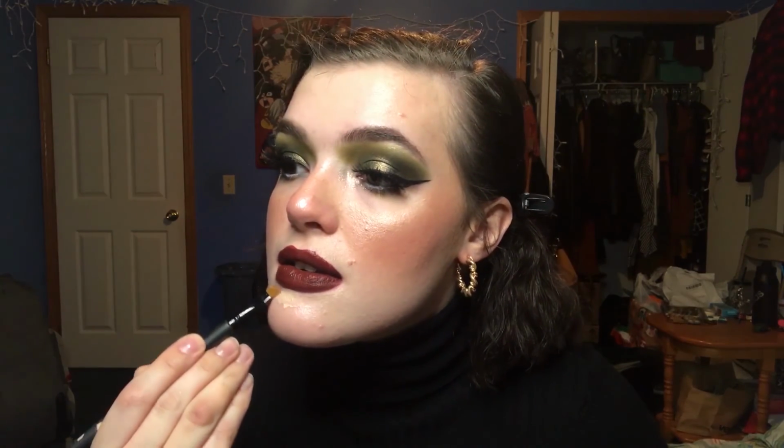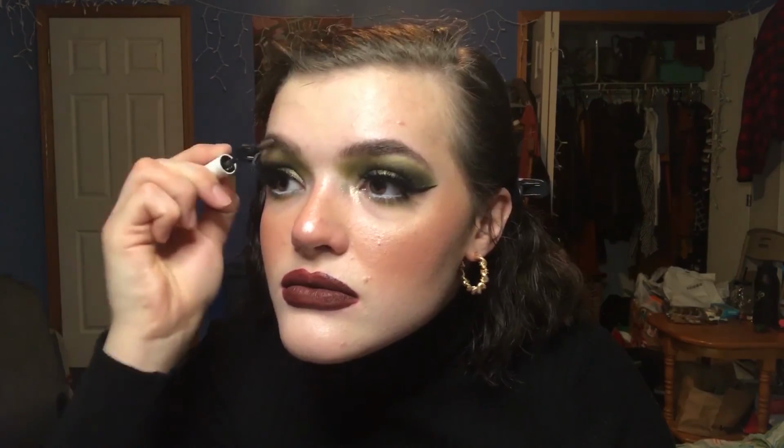Okay, so right now I'm putting on concealer because for some reason on my lower lip it always goes down way too far. It's so irritating because I have to clean up my bottom lip every time I do my makeup, I swear to God. And now I'm just putting more eyebrow gel just because, again, all the powders we